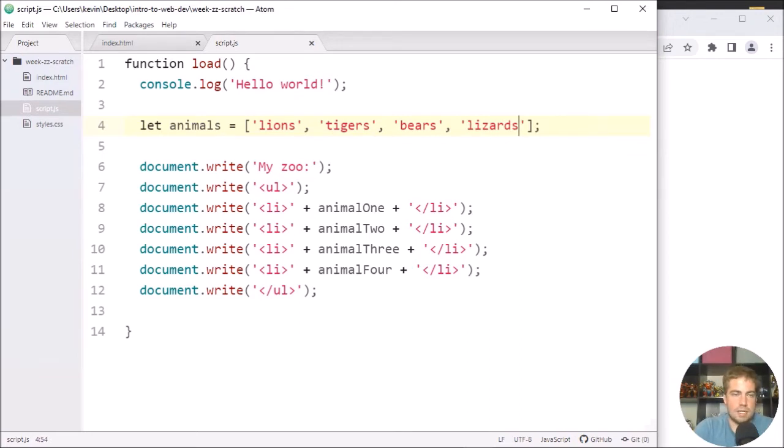So this is our array, and notice it's a single variable that points to multiple values. It points to an array of values. In this case, 1, 2, 3, 4 values. And so next, I have this variable, and now I can use the variable. So I'm going to change this code here. So instead of saying animal 1, 2, 3, 4, I'm going to say animals, and then I'm going to